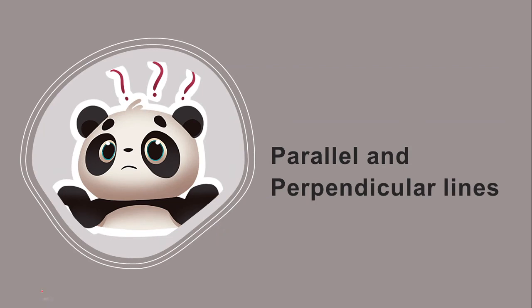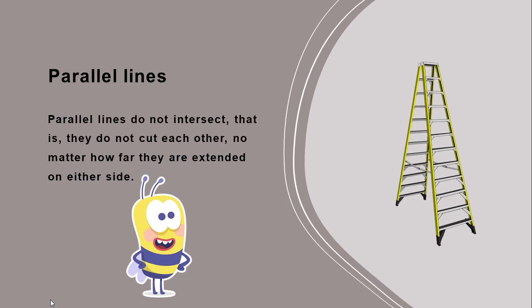Then, after seeing this, there is one more concept which we need to learn, that is parallel and perpendicular lines. Up to now, we have seen regarding the angles. Now, we are going to see about the lines. The two different types of lines, that is the parallel lines and the perpendicular lines. So, let's see this, children.